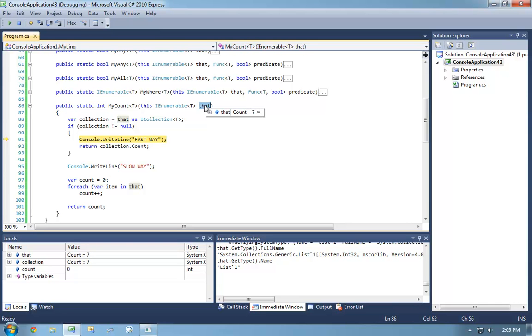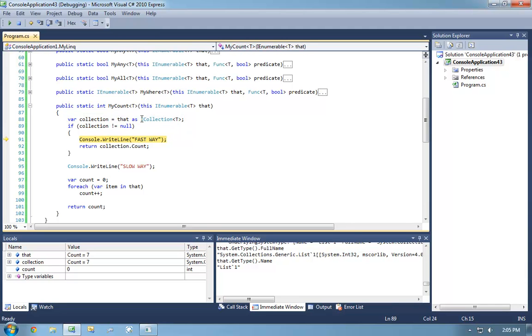That is a list, and it will always be a list in the context of this method invocation. However, we can look at that through the eyes of two different ways. We can look at that as an IEnumerable, which constrains the operations we can invoke on it to just get enumerator, or we can look at that like an ICollection, which we do right here. So this collection variable is typed to ICollection, even though it's pointing to the same object.